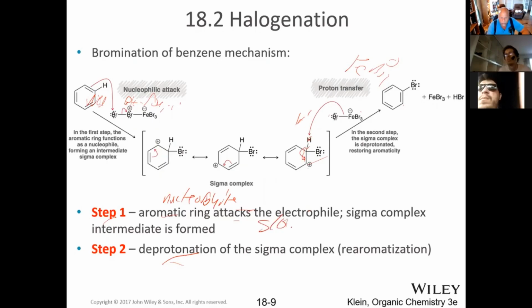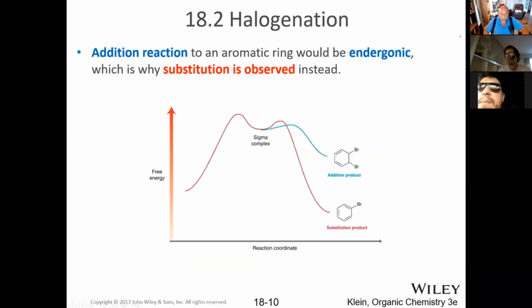So this is the slow step, and this is the fast step. So what indicates the kinetics of the situation, or how fast the reaction goes, is the reaction conditions, depending on the different factors, what the temperature is and other factors. So that's one example. Now, addition reaction